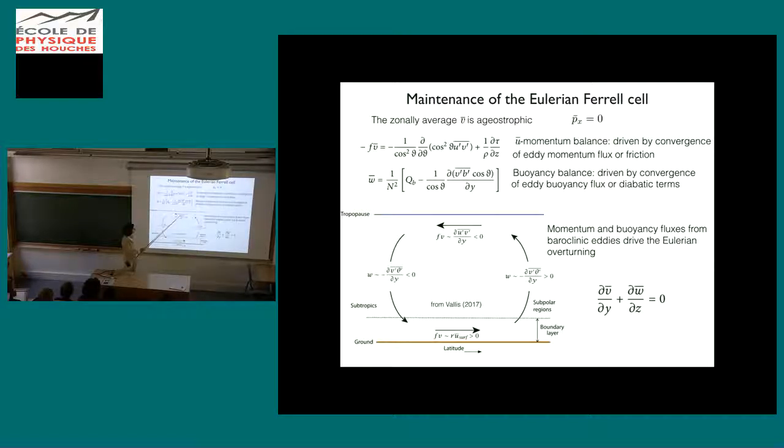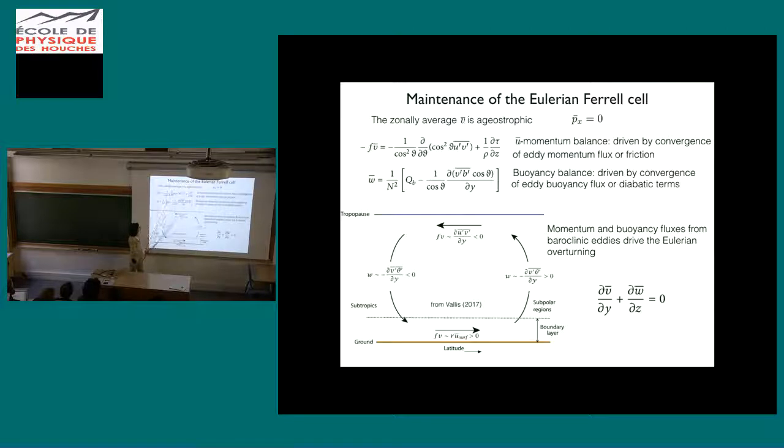And it turns out that the divergence of the Reynolds stress is negative, and I'll show you why in a second. And that therefore drives a mean zonal circulation. This is a northern hemisphere view that is equatorward. And of course it has to be accompanied by an upward motion here, where again in mid-latitude this term is